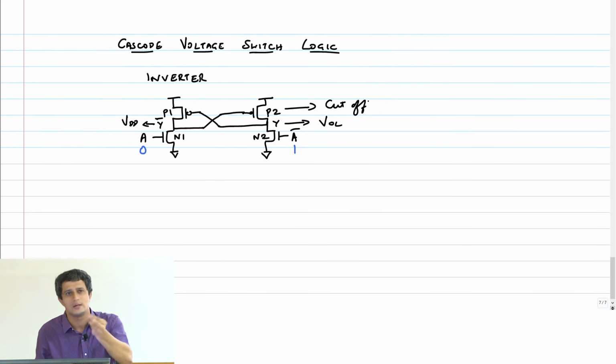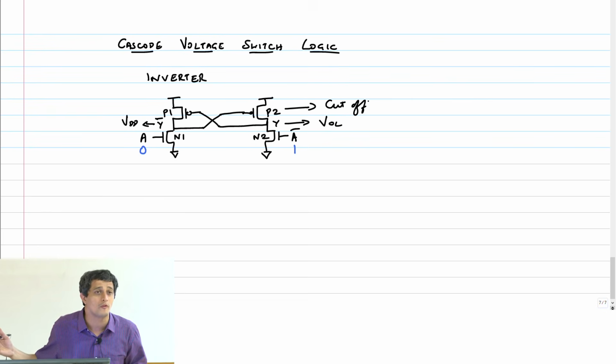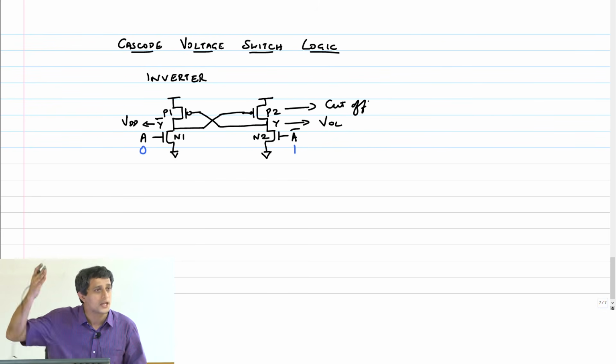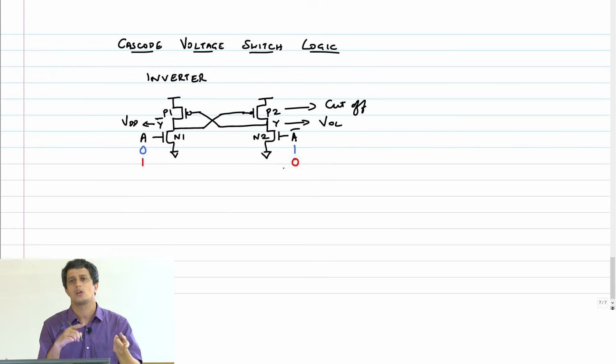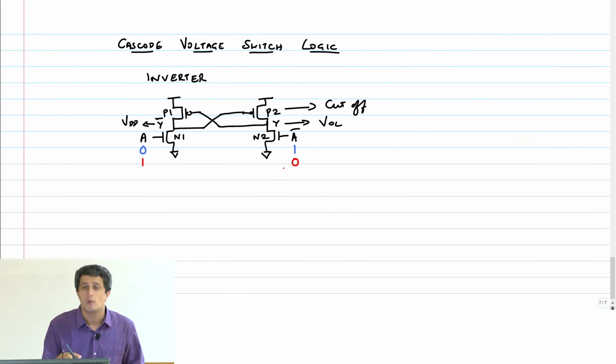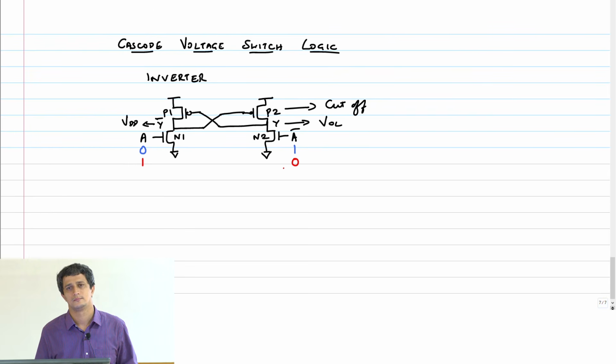Of course, the delay might be slightly different because of this cross coupling, but to a first order, I still maintain the same logical effort, but eliminate this problem of static current flow. Similarly, if I now do the case where A equal to 1 and this is equal to 0, exactly the opposite arguments will come in, and the P1 will get cut off by Y. Correct?